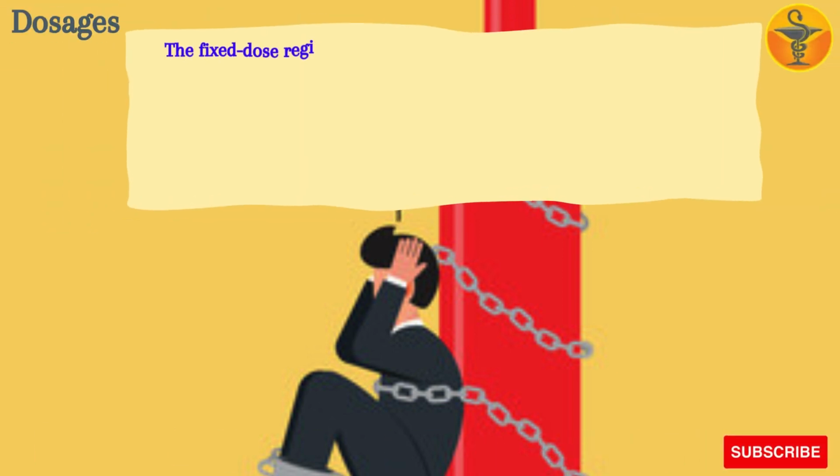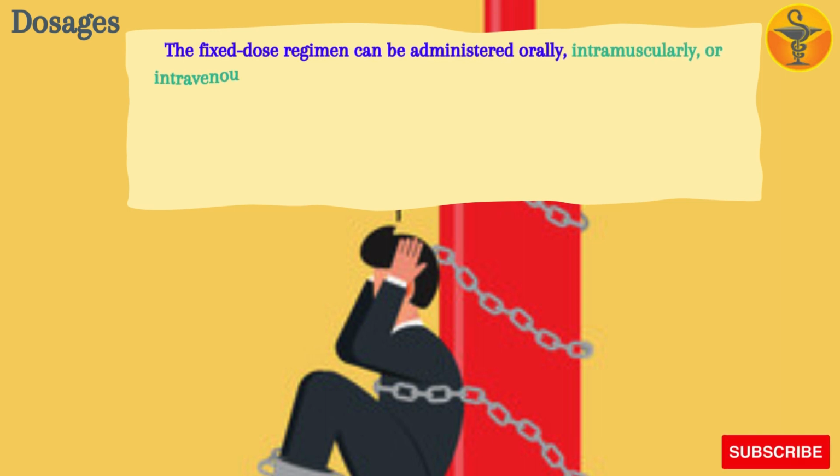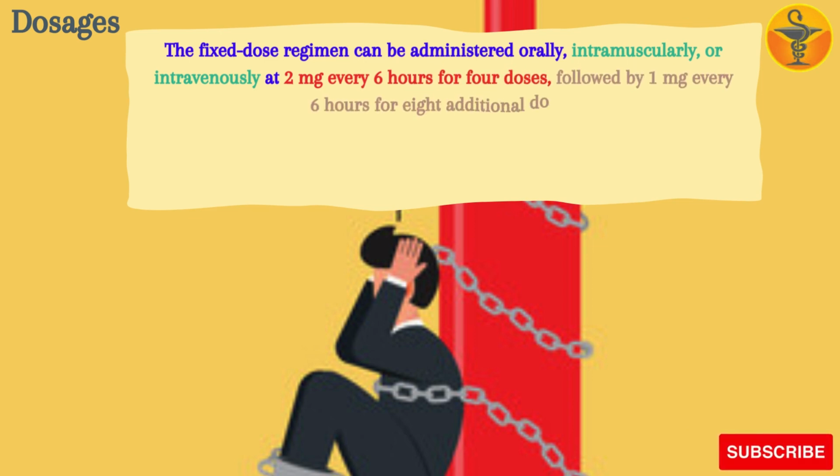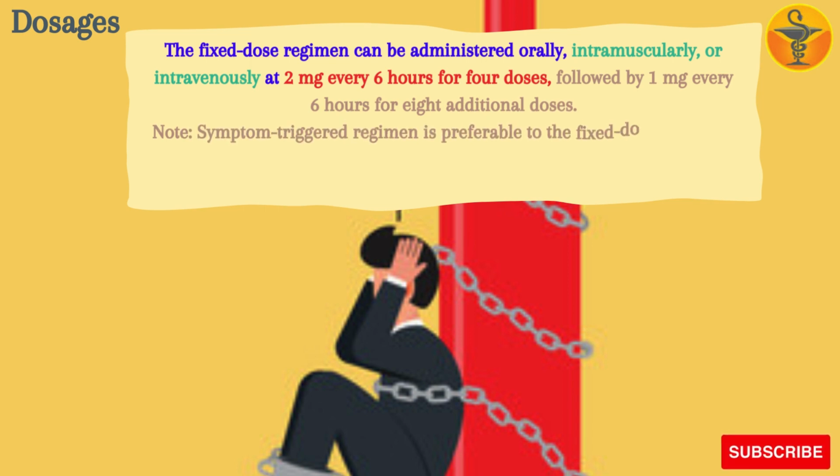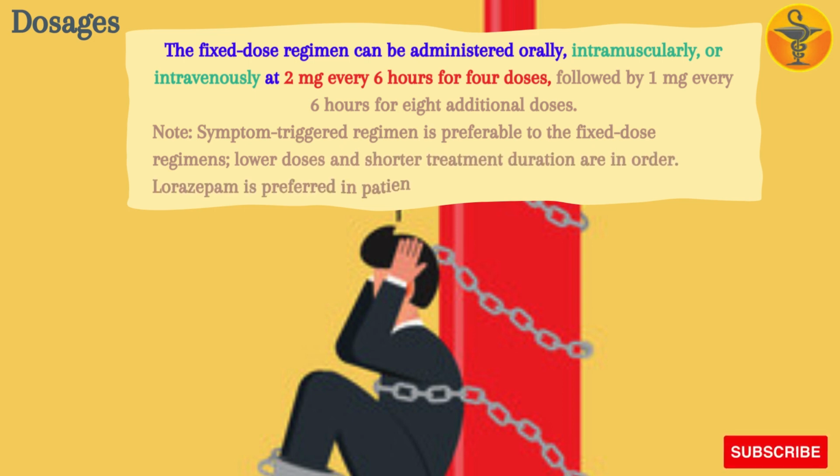The fixed-dose regimen can be administered orally, intramuscularly, or intravenously at 2 mg every 6 hours for 4 doses, followed by 1 mg every 6 hours for 8 additional doses. Note: symptom-triggered regimen is preferable to the fixed-dose regimens. Lower doses and shorter treatment duration are in order. Lorazepam is preferred in patients with cirrhosis,